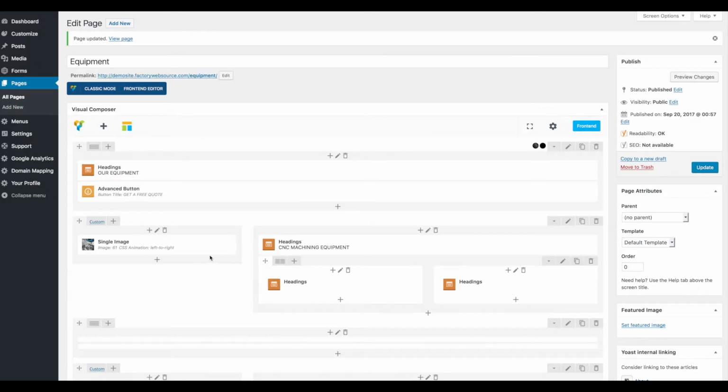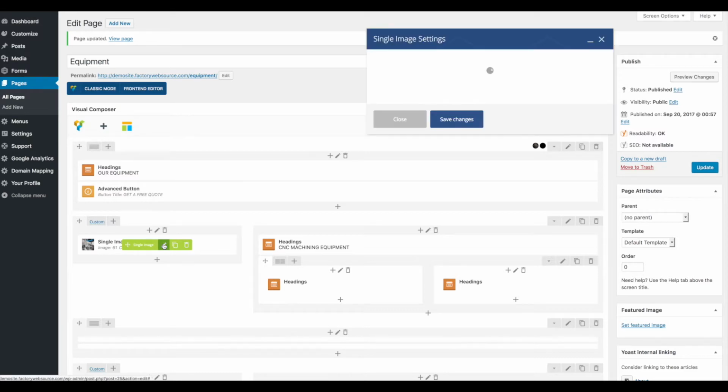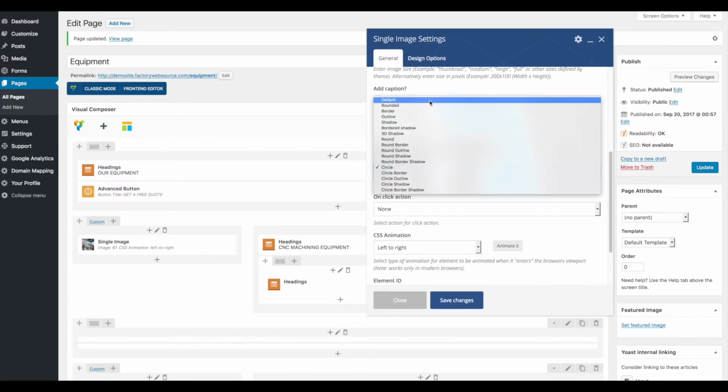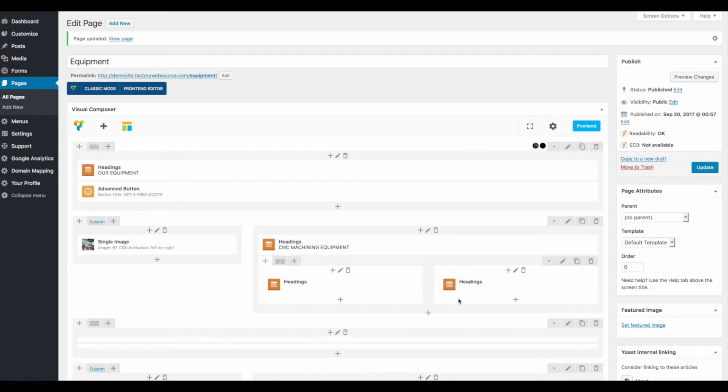Back over here in the website, if I want to switch that back again, click on that pencil icon, scroll down, switch this back to default, save changes, and it's going to switch that back to that square image. Next section we have, or next column we have over here on the right, is the title